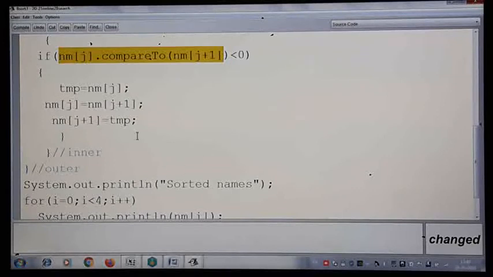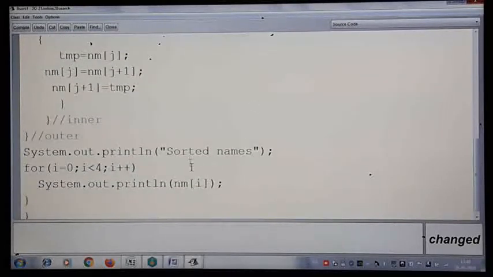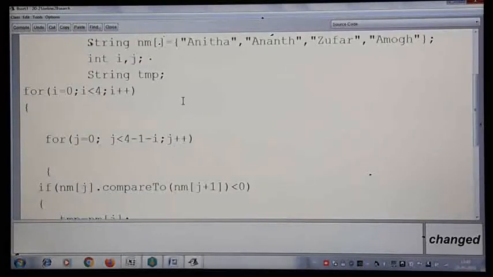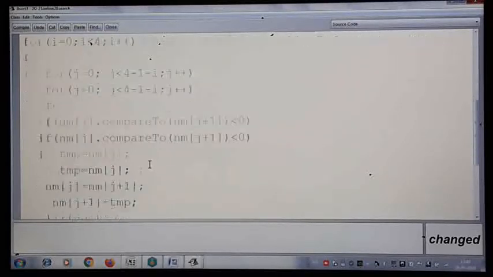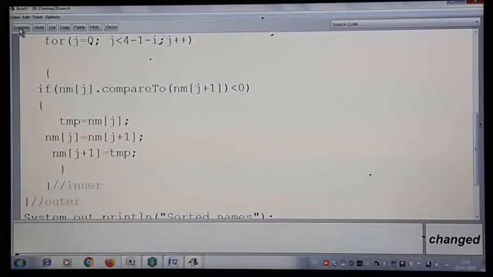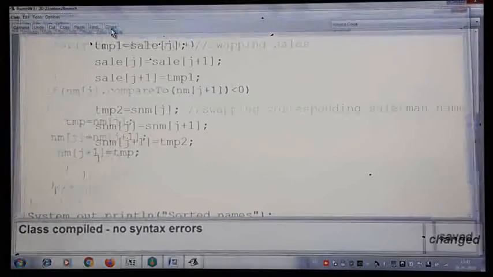After sorting the entire array, we are going to display these sorted names on the screen. Since there are 4 elements, 4 times we repeat and we display. So the for loop we are writing is to display the array content. This is only to display the array, and the logic we have written here is for bubble sort. So once you finish with sorting, you display the entire array. We will see the output of this. I will compile. So let us see.